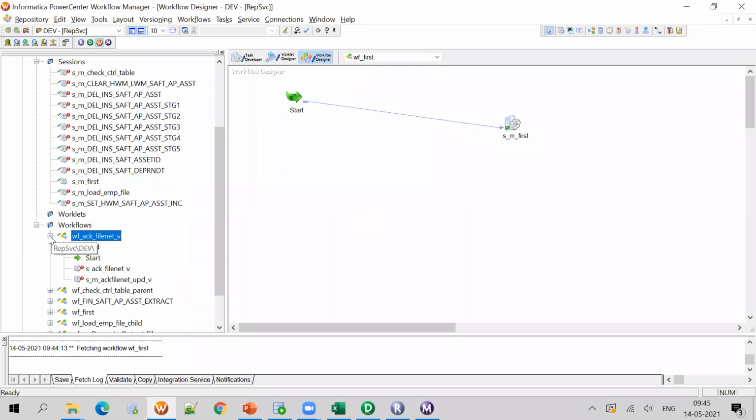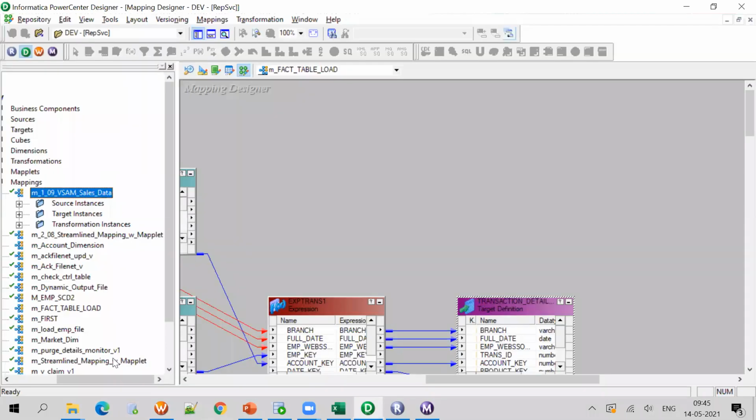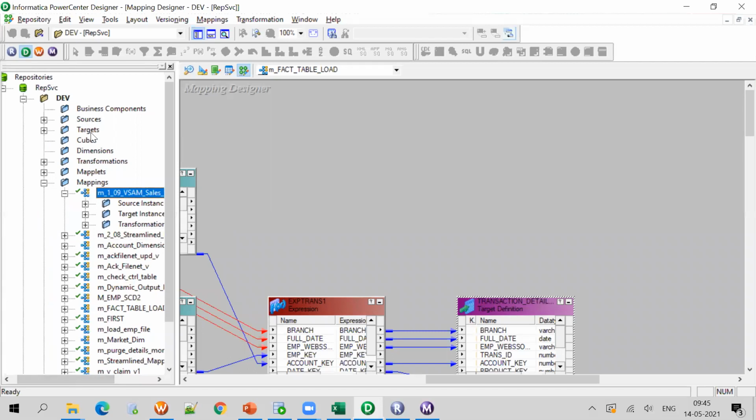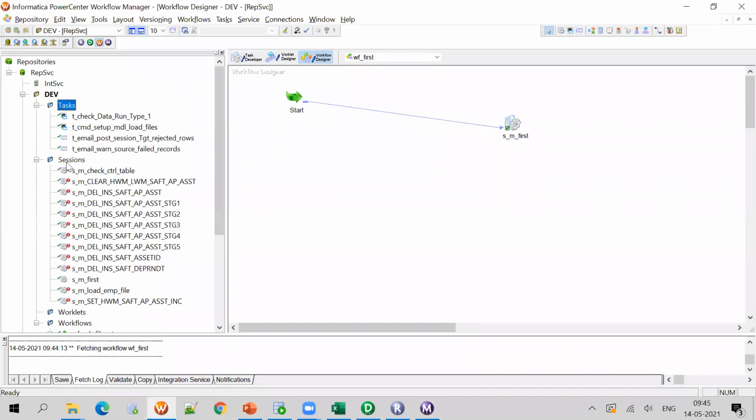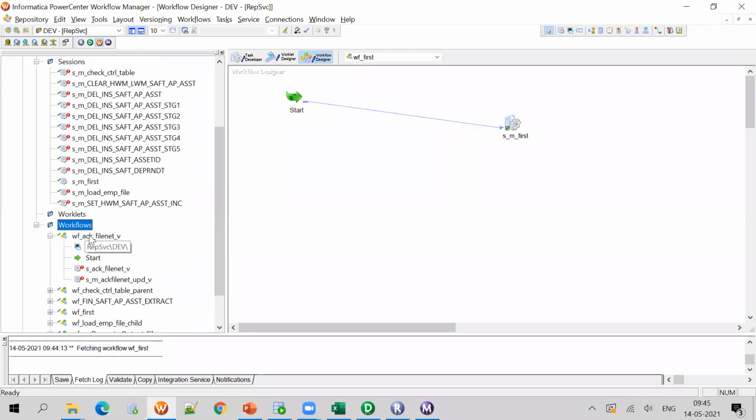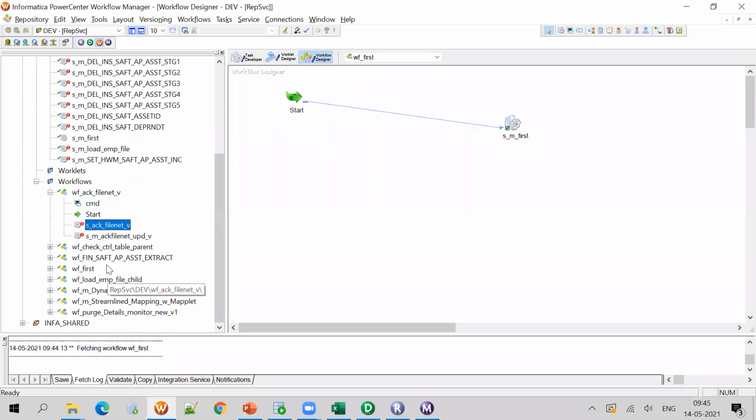In the same way, if I open a workflow, we have the tasks and the sessions. Under the workflows, we have the tasks and sessions available in that workflow. This is called the workflow manager.